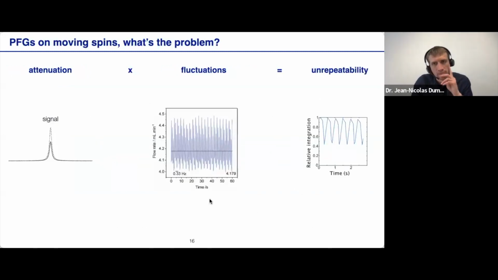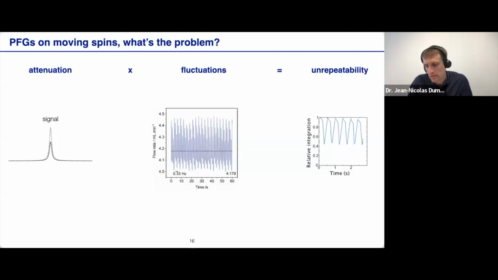And it can get even worse because depending on the pump that one is using to flow the sample across the flow cell, there can, in addition, be pulsation, the flow rate that is not stable as a function of time, and these changes in velocity result in a change of degree of attenuation, and so overall it results in experiments that are not repeatable over time. And so these are the obstacles that one has to deal with when using gradient-based experiments on a flowing sample,